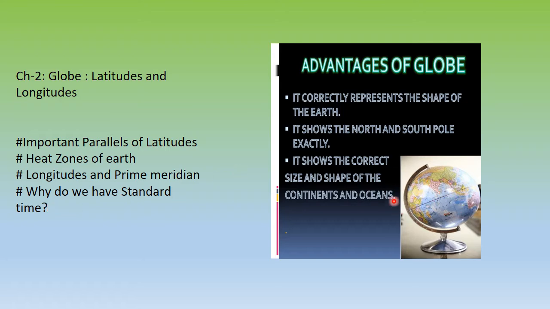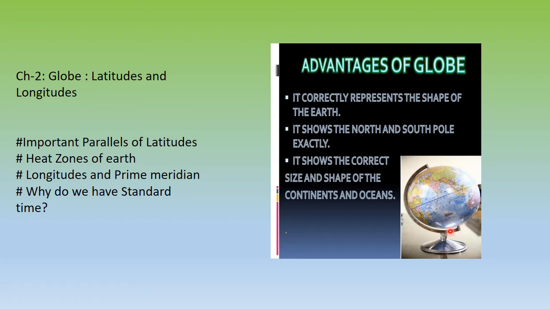Now if you look in the picture, the globe is actually the representation of our planet Earth. What is the shape of the Earth? It is called geoid. It is not a complete sphere. It resembles the fruit called orange. Why do we make it resemble? Because if you see it closely and carefully, it is flattened at the top from the North Pole and the South Pole. It is not a complete sphere, so we call it geoid, which is spelled GEOID.